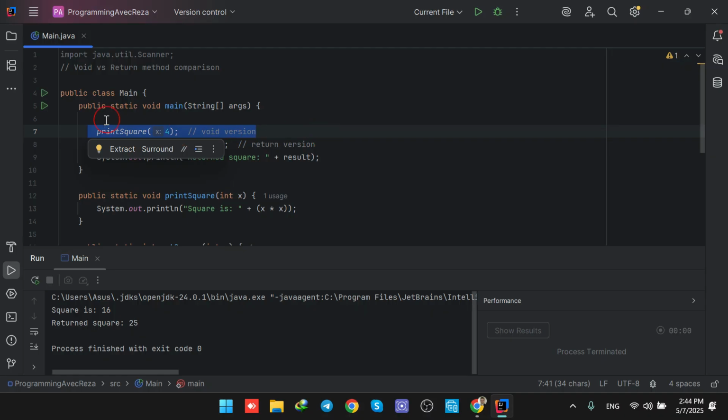First of all, I'm calling a function that is called print square, and we are having one parameter that is number 4 inside the parentheses. So whenever the compiler sees this line, it is going to execute this function. Basically, this function is called print square. It's a void type, and it